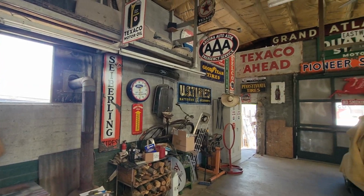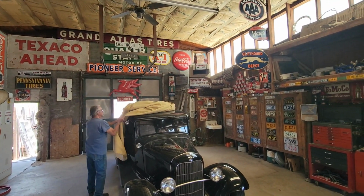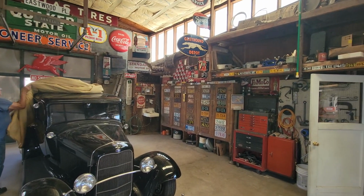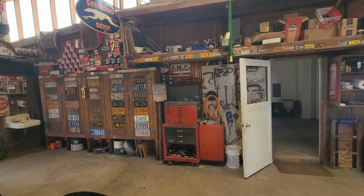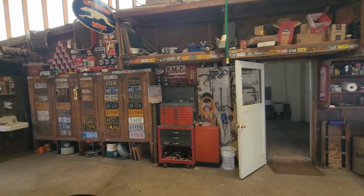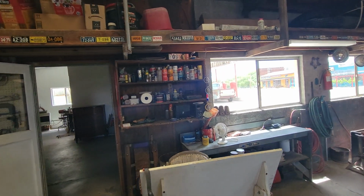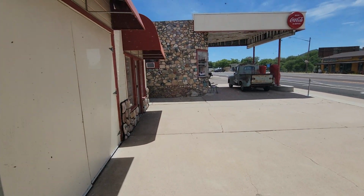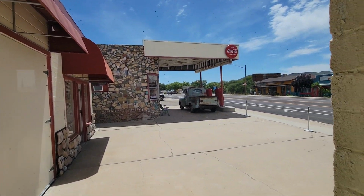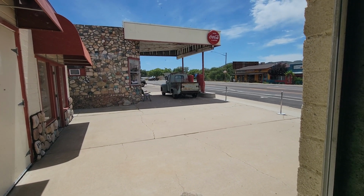Unfortunately, somebody opened up down the road and got another station opened up, was selling cheaper gas, kind of undercutting Scott. And it just came to a point in his career and in the station opening that he just closed up shop and did what I was showing you guys on the outside. So here is, when I was talking about the rock formation looking like Cool Springs, so here's the outside of the station. Now those pumps he has covered, I thought were the pumps that were here in